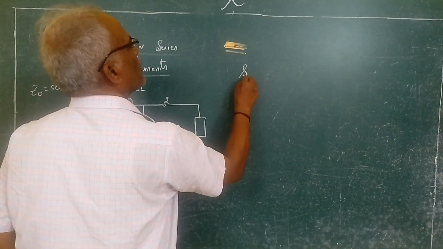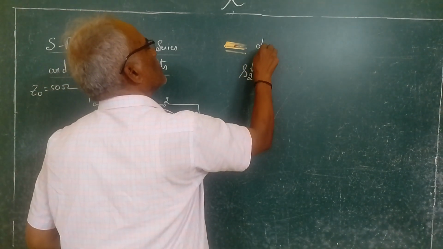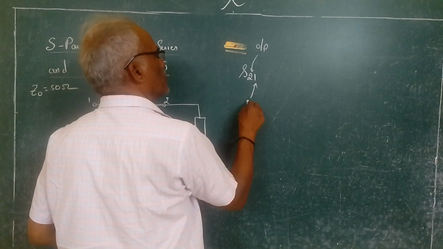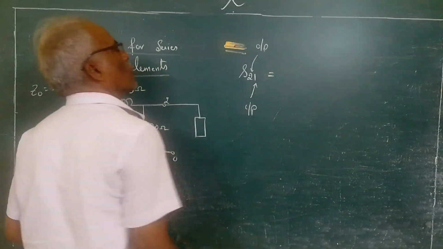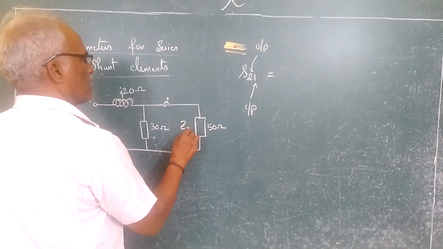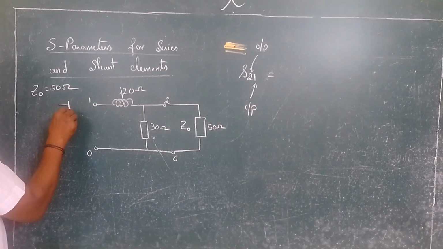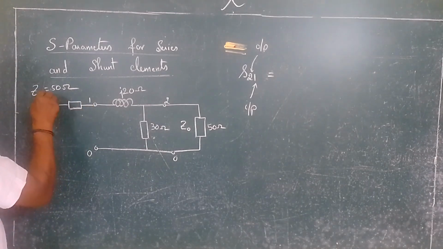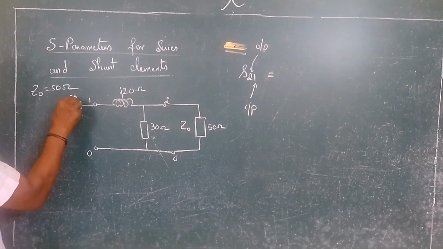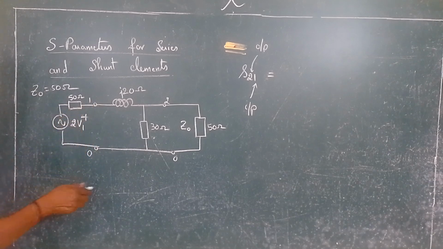This is the output and this is the input, so it is output by input. Port 2 is terminated with 50 ohms, which is nothing but the connection. On the input side, you connect a series impedance equal to Z0, which is 50 ohms, and then you have a source, which is 2V1 plus, and this voltage is